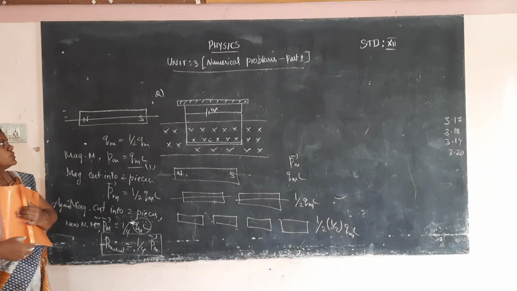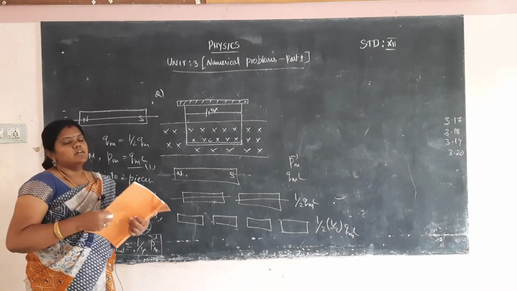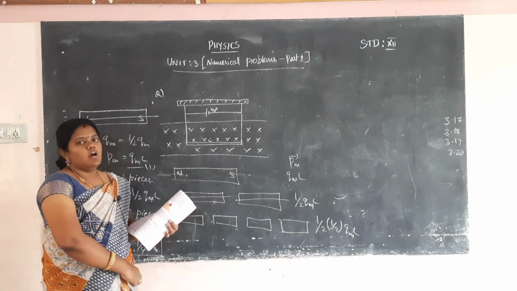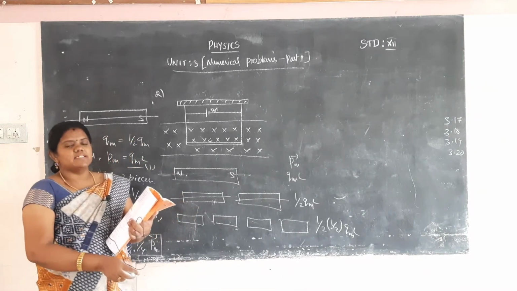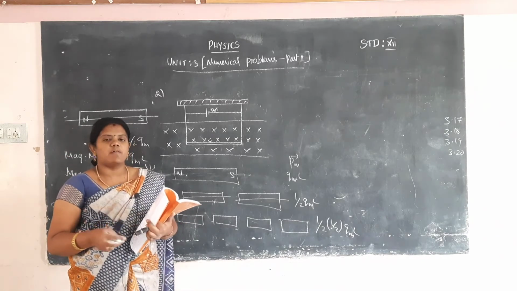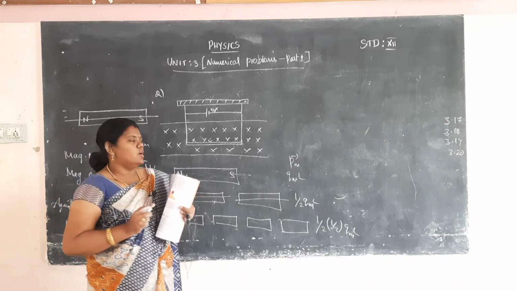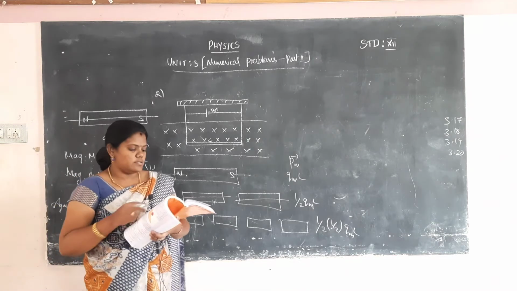Okay. So when one magnet is cut into many pieces, a monopole does not exist. Not a single pole exists. All the magnetic pieces act as a new magnet. All the magnetic pieces have 2 poles, north and south pole. No monopole exists. Clear? Okay, so this is the first problem. And let's go for the second one.